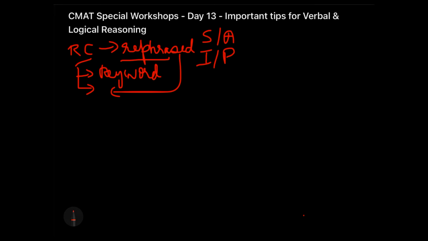And apart from synonyms, antonyms, idioms, and phrases, we have other topics like sentence improvement. Now, sentence improvement is yet another section which is special in the CMAT paper. Why? Because this improvement is actually leading to rephrasing only. That means I can call someone in two different ways, right? So that's improvement. You can improve it. That doesn't mean that the first part was not correct, or grammatically incorrect. You can just replace that set of words with some other words as well, and that depicts how well you